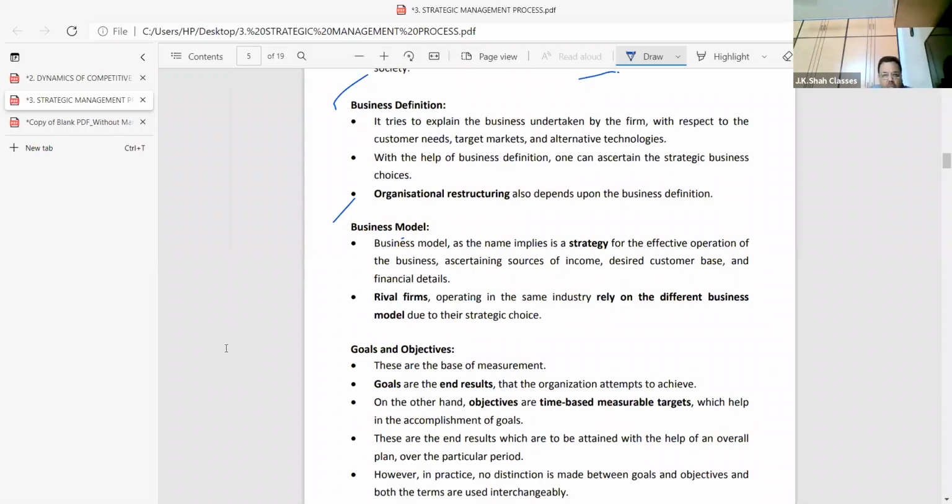Meaning, beta, one company says we want to become the biggest pharmaceutical company of India. Understand? Number one, that's the vision of Dilip Sanghvi. So what does the functional level, the production level, say? They say I have to produce more. So producing more becomes a goal. But then they say we have to increase production by 20% in a year, so in the next 10 years our production will double. That 20% and doubling is your objective.